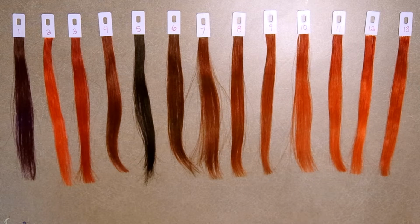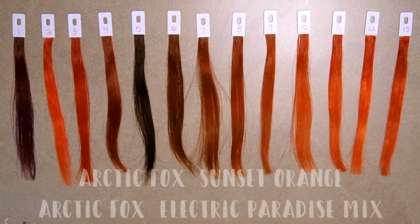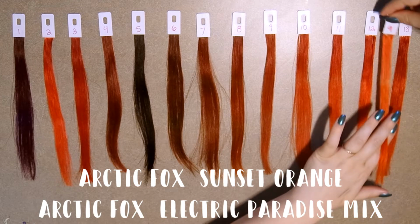So I think one of the reasons why I thought Sunset Orange was more similar than it is because I mixed together Sunset Orange and Electric Paradise from Arctic Fox, and I had that color stuck in my head as Sunset Orange by itself, but that's not it. I'll compare those. They're a little bit more similar in the diluted portions. So this would be comparable to number 13,